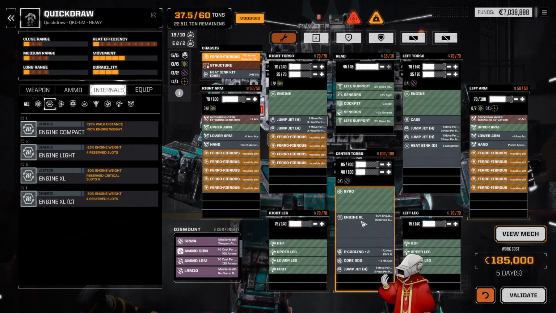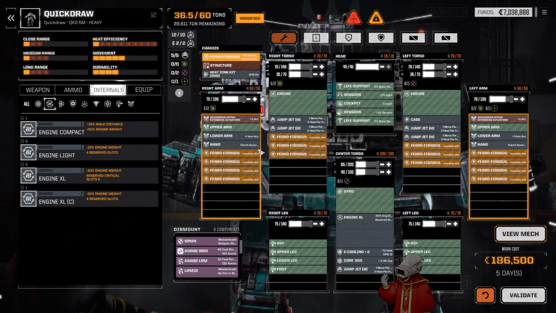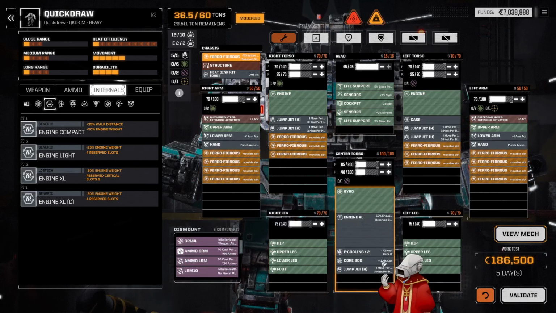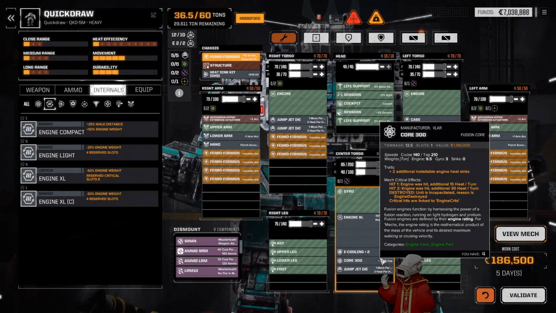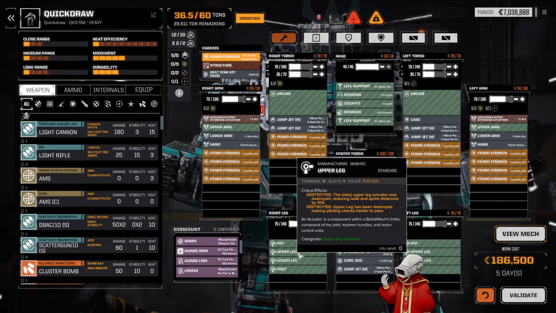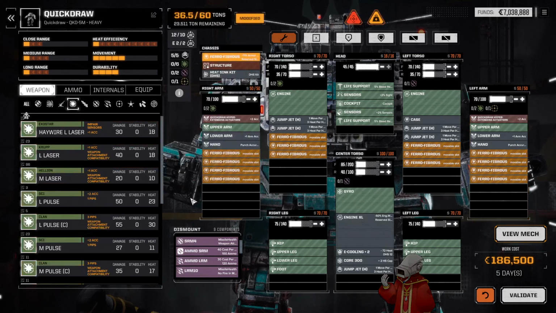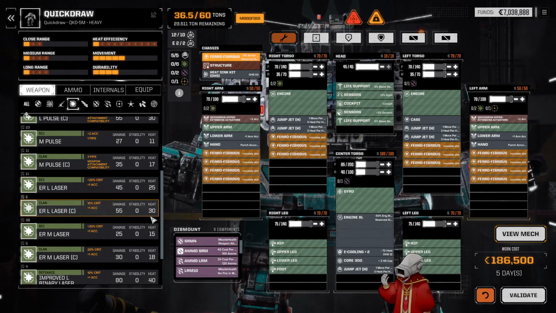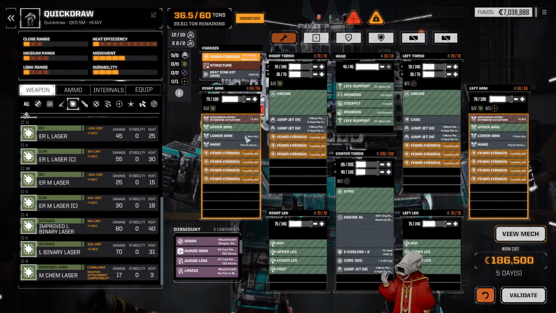Let's slap on an XL engine, because that is definitely something we're going to want. Whether we want a case or not, I don't know. I would like to put a bigger engine in, but I don't think I can afford it. Like, we need a 360 core. I don't think we can afford the weight for that. I think we'll have to live with the 300 core. All right, so the big thing that this thing can do is it's really good with accurate big